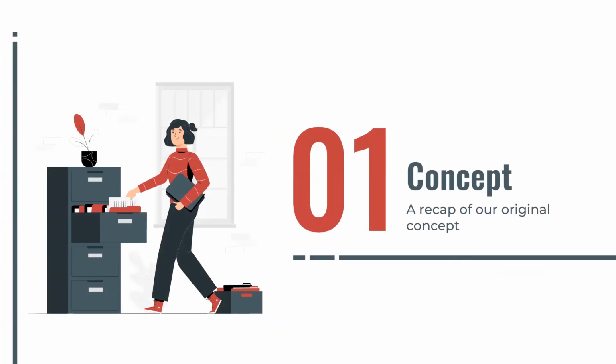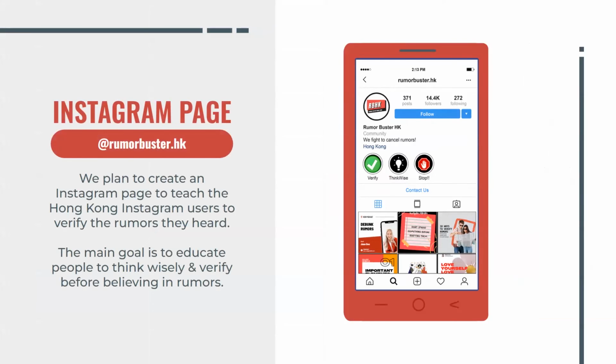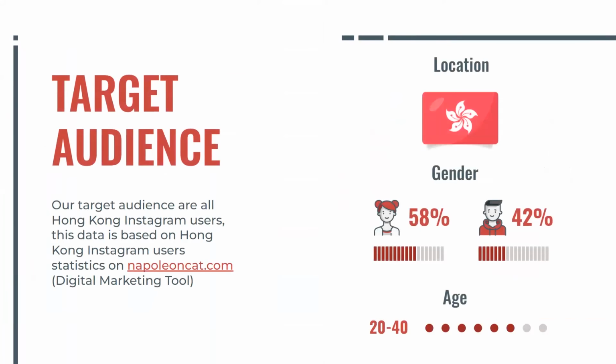So let's go through a recap of our original concept. We have actually planned to make an Instagram page to provide tips and sources to help the viewers to verify whether some things are a fact or a rumor. The target audience we have mentioned is Hong Kong Instagram users. According to NapoleonCat.com, there are 58% female and 42% male Instagram users, which are aged around 20 to 40 years